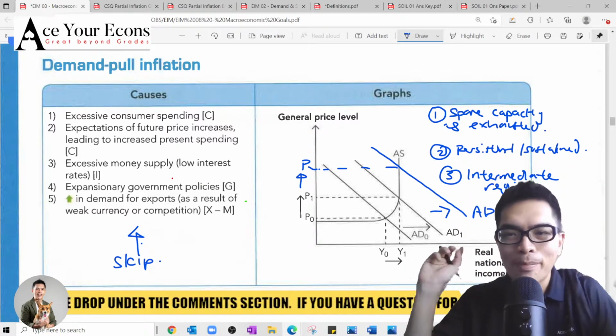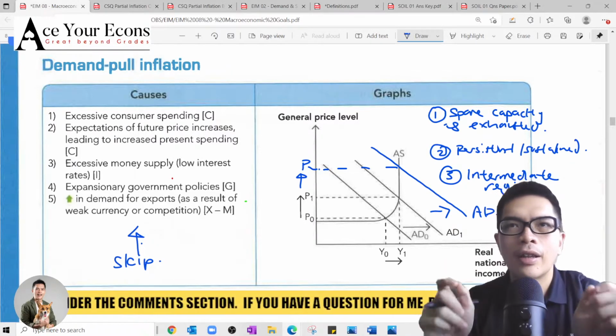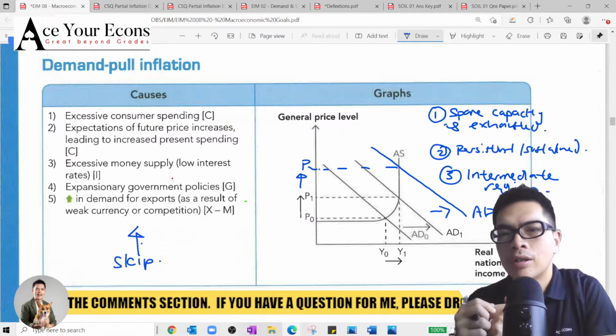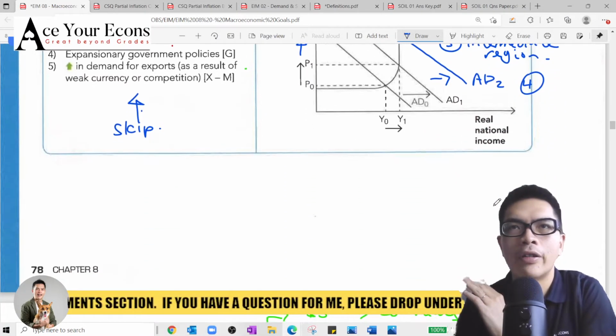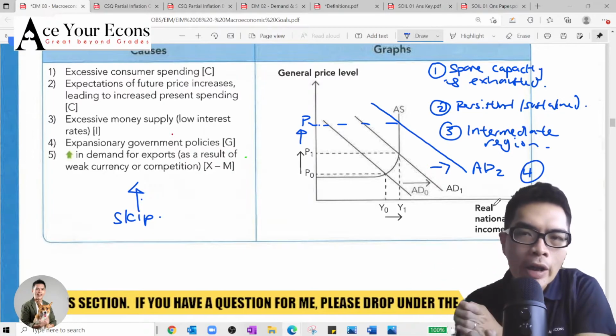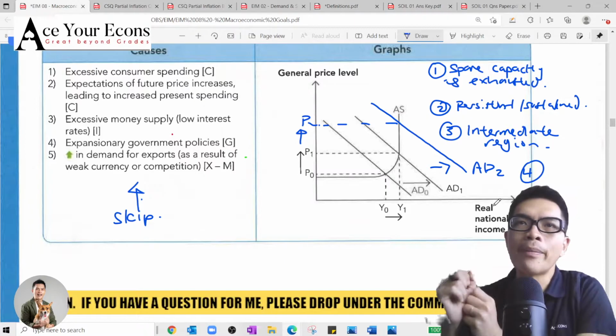Okay, so have I illustrated the key difference between demand pull and cost push already? Which is the lesser of two evils. All right, so move back to demand pull inflation. I want to add the fourth ingredient. Very, very important. The fourth ingredient, in order to illustrate demand pull inflation, sometimes they will ask you,